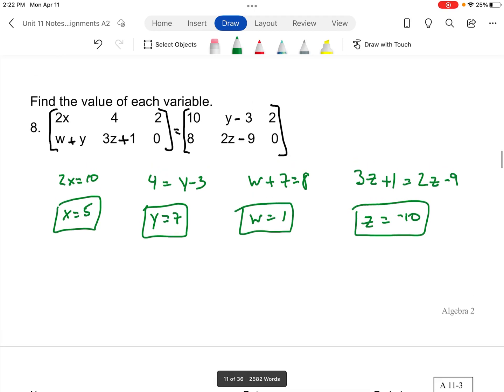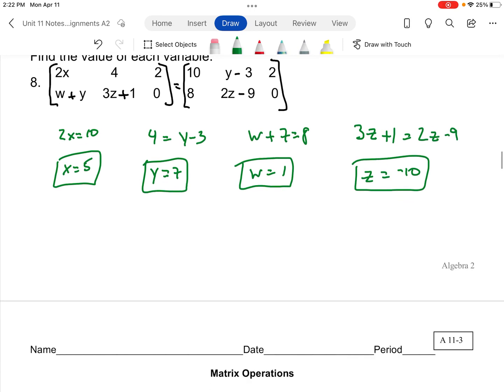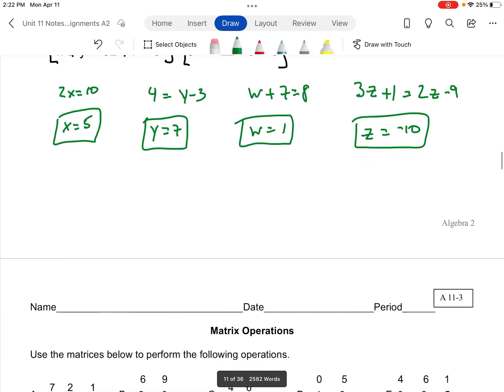If you did not, then go back and practice it. Go back and watch the video again. Okay, get started on your assignment. All right, work,